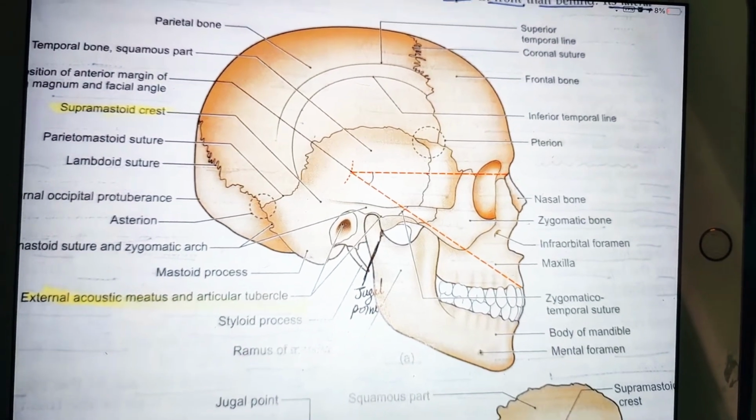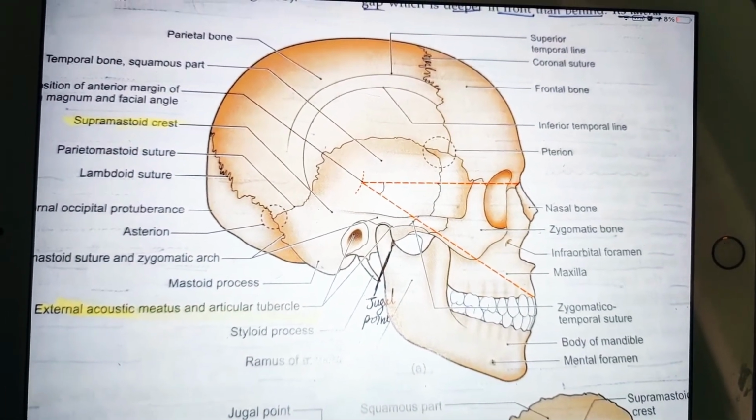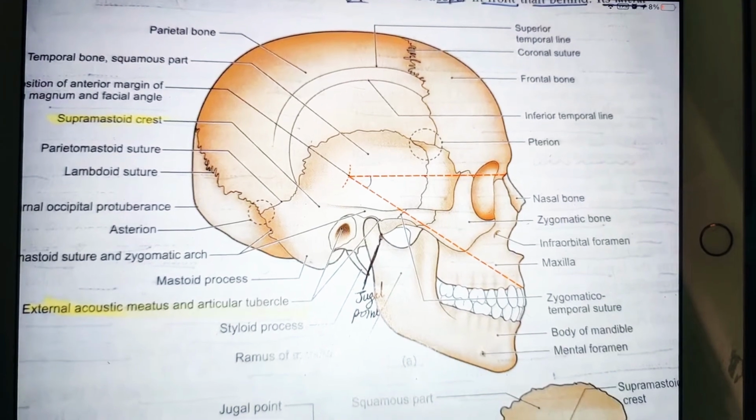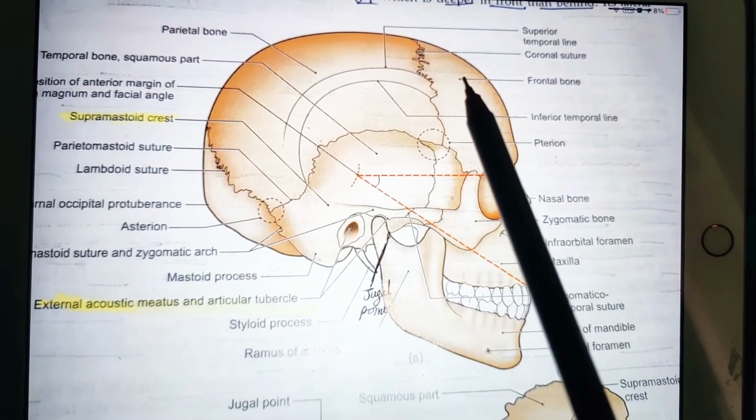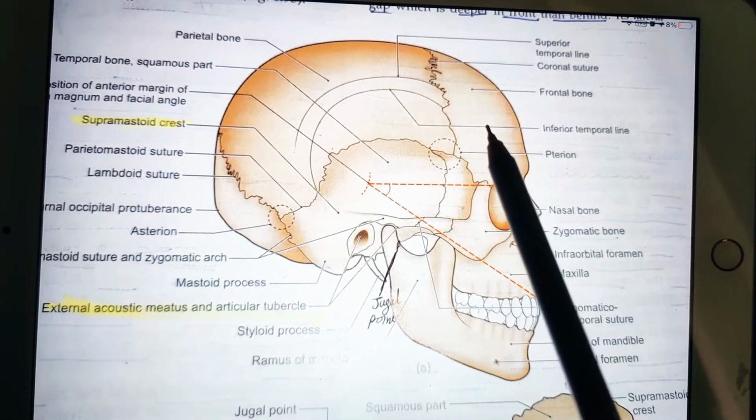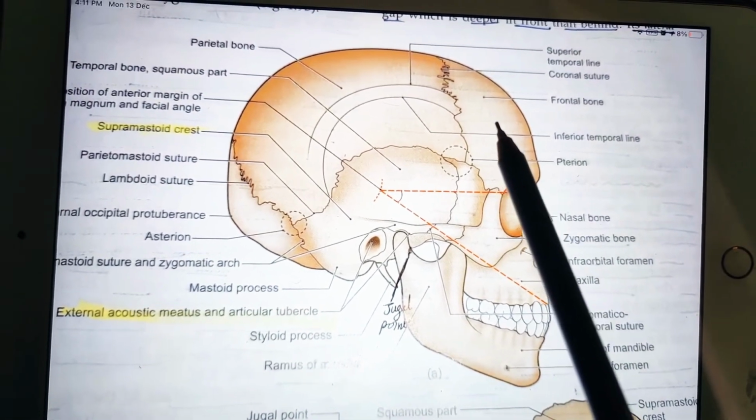In this video, we are going to discuss Norma lateralis. So if you see, this is the lateral side of the skull. What bones are you mainly seeing? The first bone we see on the lateral side of the skull is the frontal bone, and next comes the